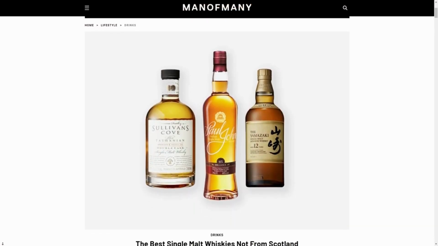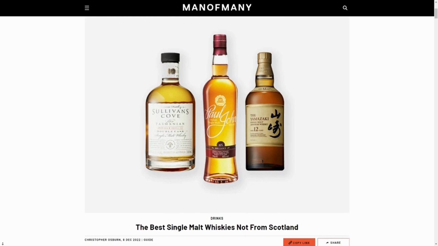The major players of whiskey are Scotland, Ireland, Canada, and America. Any country in the world can make whiskey. As an example, Japanese whiskey has taken off in popularity, and other countries are increasing the production of whiskey to meet the demand for international spirits. So that is the definition of whiskey.